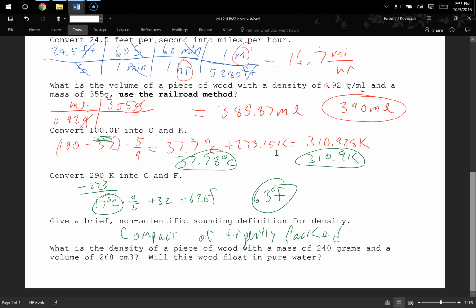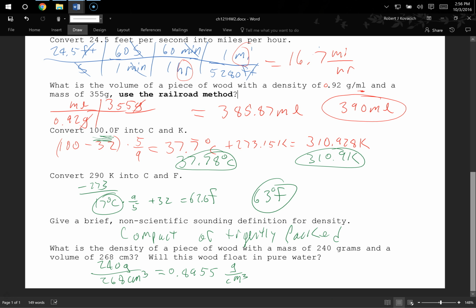What's the density of a piece of wood with a mass of 240 and a volume of 268? Okay, so I'm looking for a density in this question. What are the units for density? Mass divided by volume. So what I need is a mass unit divided by a volume unit in my answer. I'm just going to take the 240 grams as my mass unit and my 268 centimeters cubed as my volume unit, and I'm not going to cancel anything out. So I've got 240 divided by 268, and then I've got